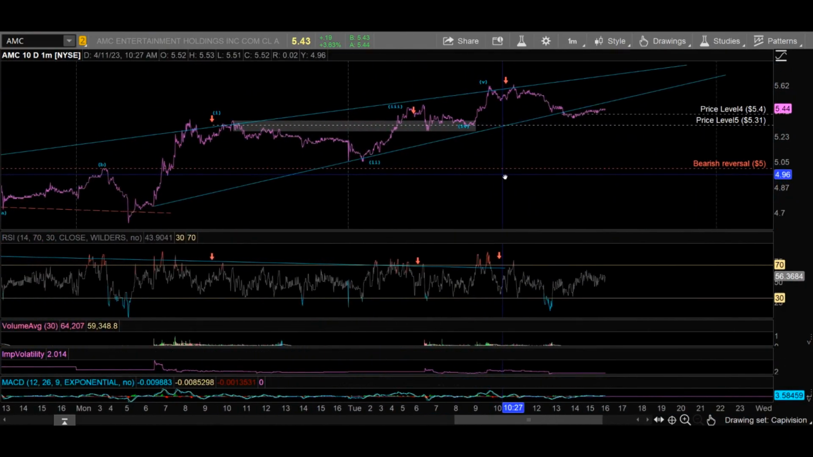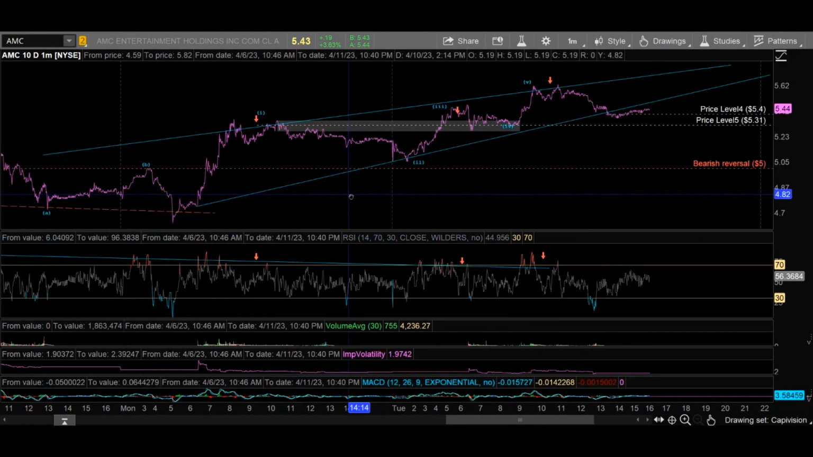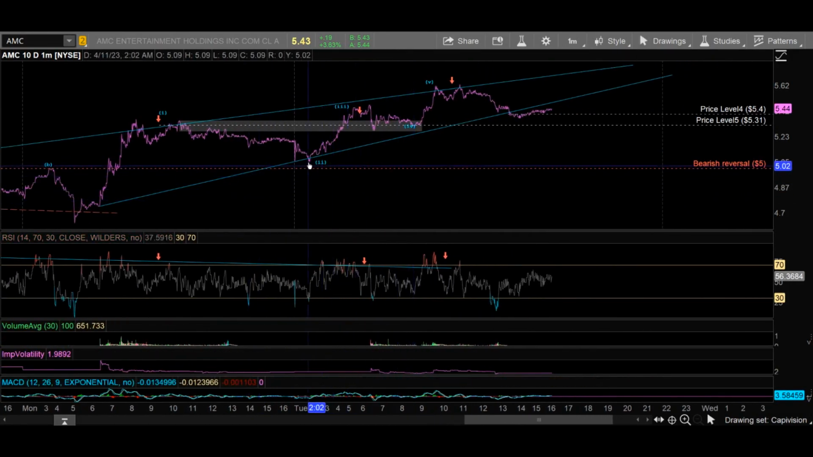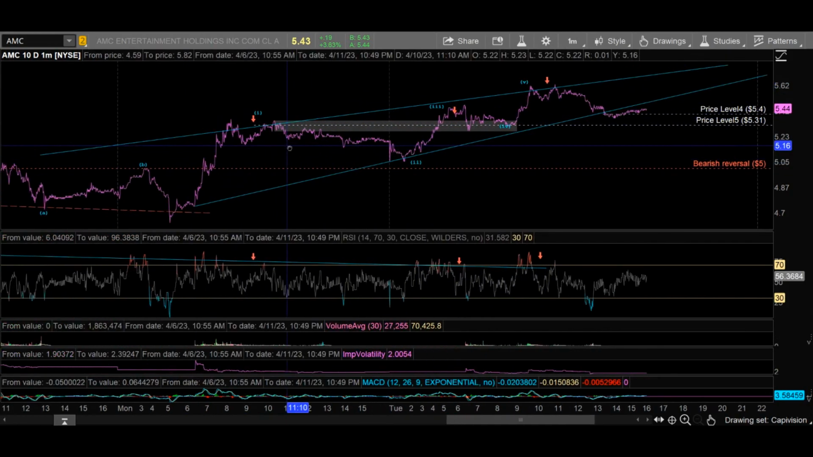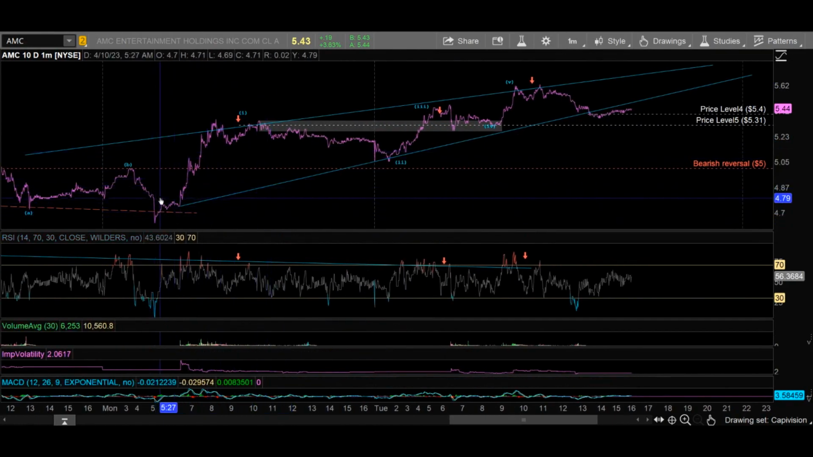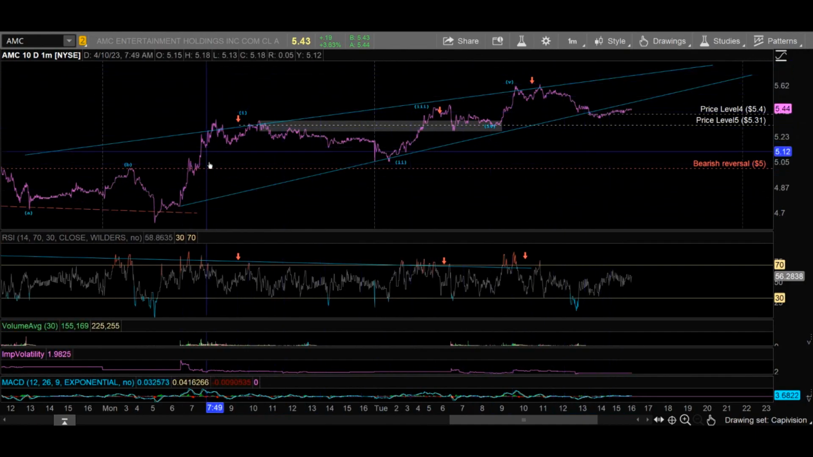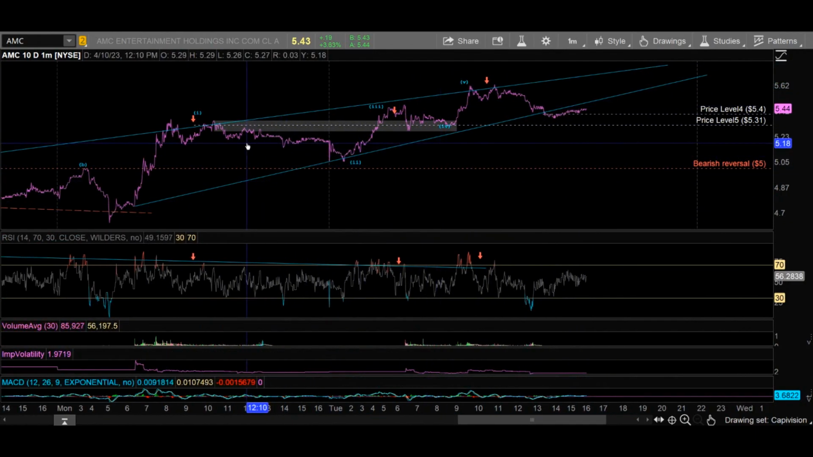Are we in an ending diagonal triangle? If so, we're looking for 3 waveforms between each trend line touch. 1, 2. I guess it's messy. It is messy. If it is 1, 2, 3, 4, 5, A, B, C, this could be A, B, C, A, B, C, A, B, C. I can see this as moving in an ending diagonal triangle where we do have 3 waveforms between each trend